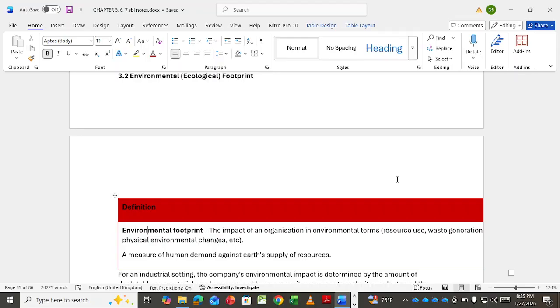Under the environmental footprint, you give the impact that you're having on the environment, in terms of resources, in terms of managing your wastes. What are you doing, or how are you trying to manage everything to be able to keep the environment safe for all the people? So these ones, you include them in the report,